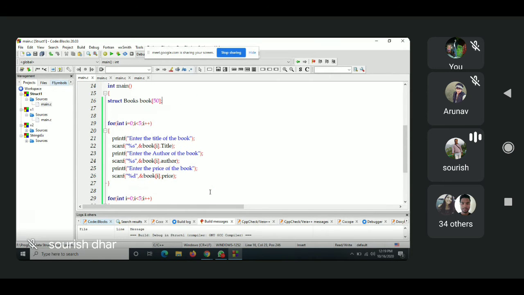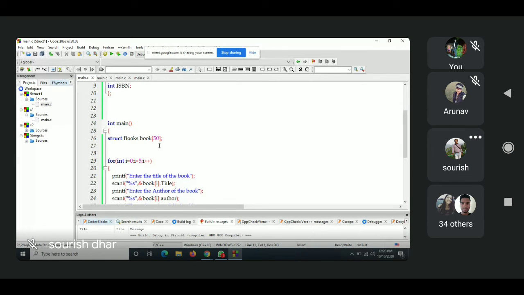You can also use a pointer here. Instead of this, I can use a star, suppose ptr. Now when you are using a pointer, what do you have to do? First of all, you have to assign the address of book.